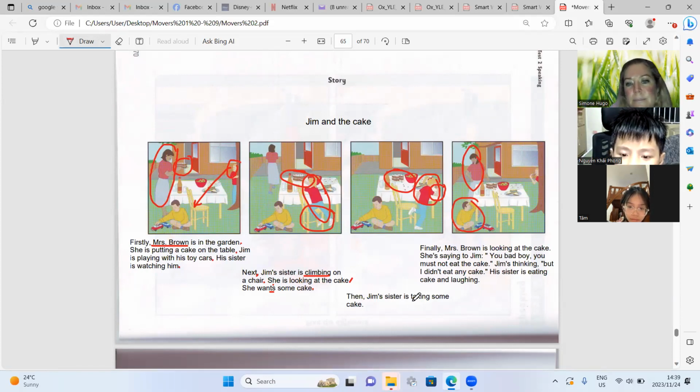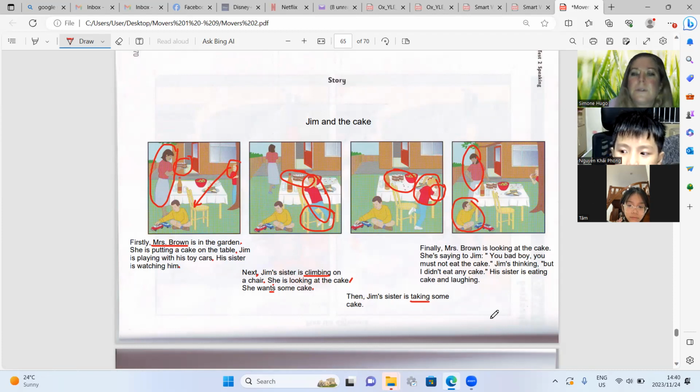Finally, Mrs. Brown is looking at the cake. She is saying to Jim, "You bad boy, you must not eat the cake." Jim is thinking, "But I didn't eat any cake." His sister is eating cake and laughing.